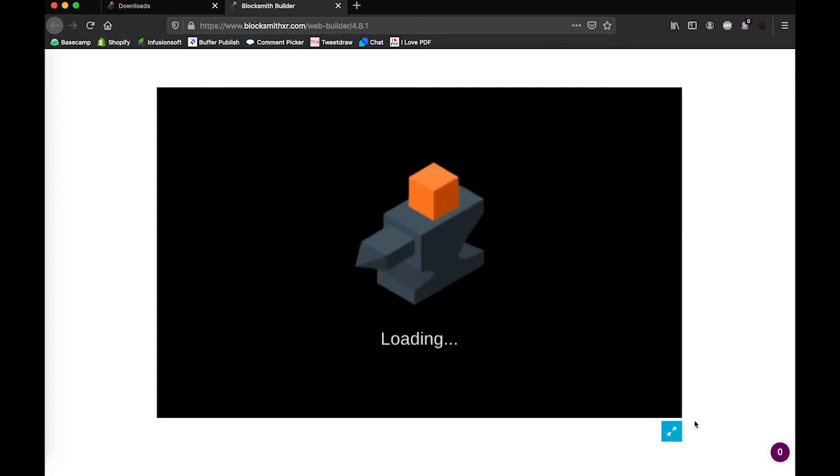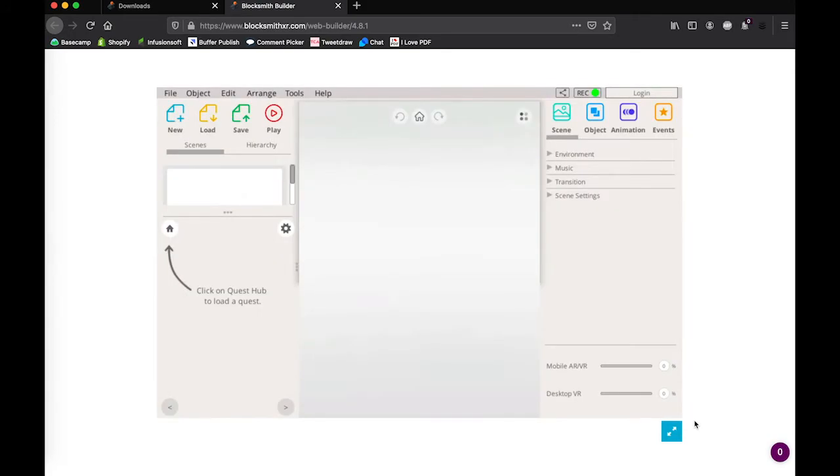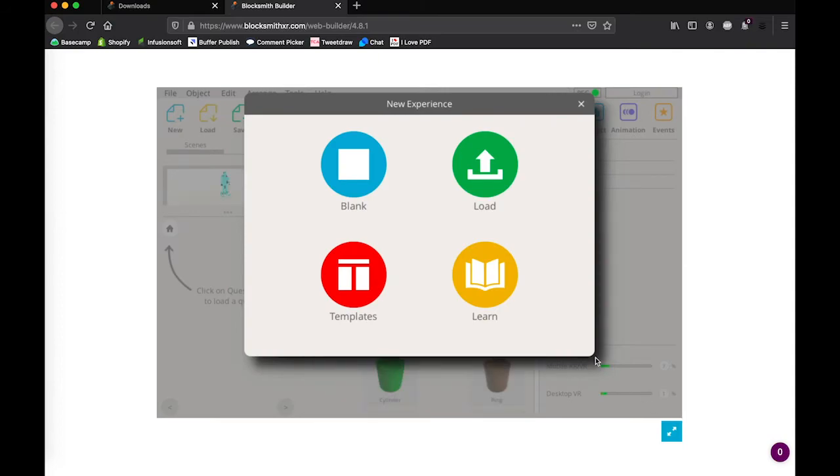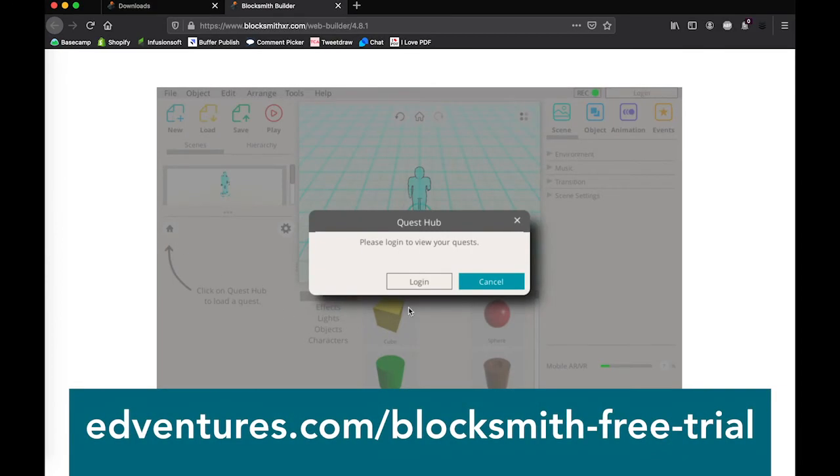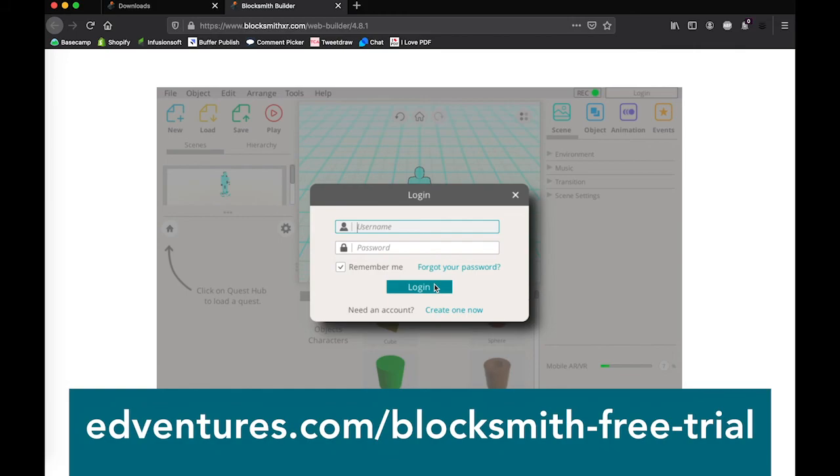Now you can open the Blocksmith Builder and begin building 3D games, either from scratch or by following one of Blocksmith's detailed quest curriculums. For help adding students to your account and assigning quests, check out the next video linked here and in the description,